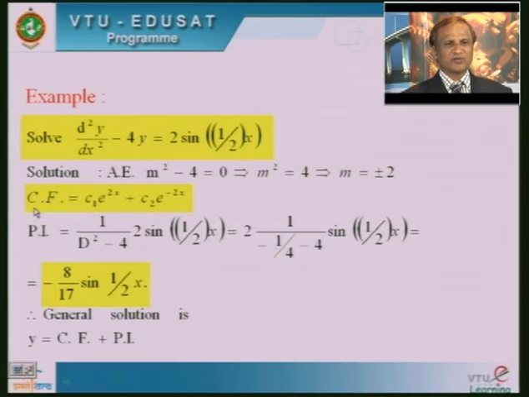Is it clear? In the earlier cases, after calculating the roots, we wrote down a general solution. Now we cannot call it a general solution, because the given equation is a non-homogeneous equation. That is why the complementary function is the part of the general solution, and we want to call it a complementary function only. Is it clear? That is equal to C1 into e to the power 2x plus C2 into e to the power minus 2x. Is it clear? Because roots are plus 2 and minus 2, m1 is equal to plus 2, m2 is equal to minus 2.